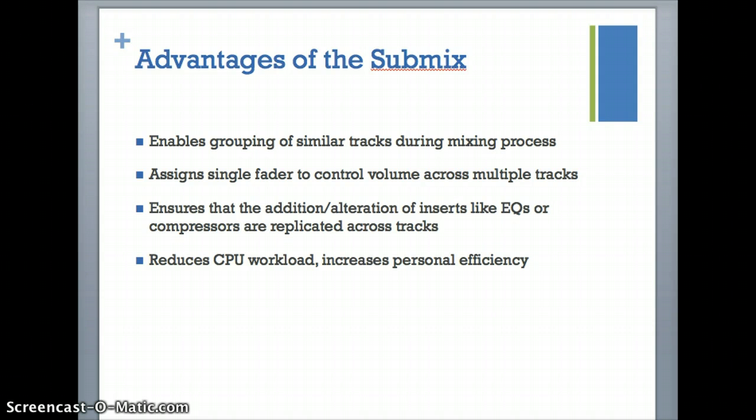He simply has to set the volume on each individual track to a level he likes, and then from there on out, he simply needs to adjust the fader on the auxiliary track, reducing the time that he has to spend adjusting the volume. The submix also ensures that the addition and alteration of inserts like EQs or compressors are